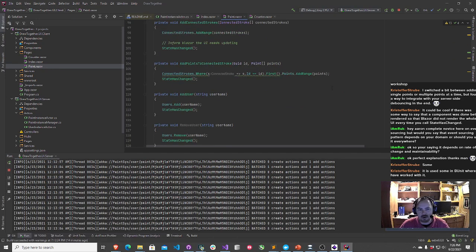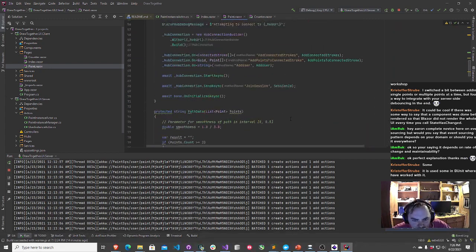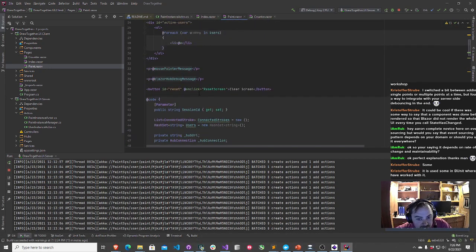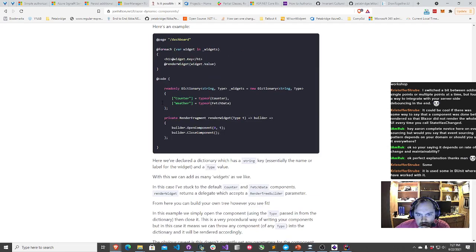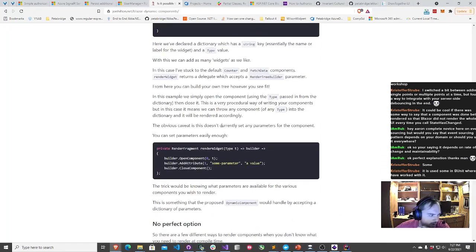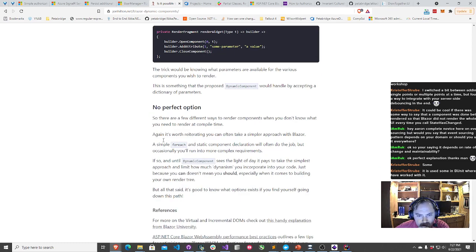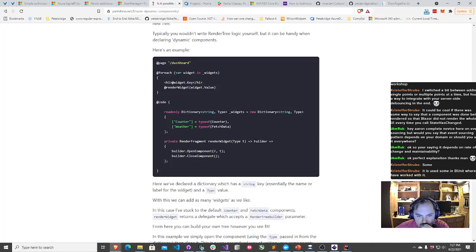So if there's some way we can make it so we're dynamically adding new points to this canvas and possibly modifying them, but not necessarily iterating over them again and again. I think part of the problem is calling that set data method, causing it to re-render everything, which is slowing it down after a little while. So we can mess with the render tree. That I'm totally up for doing. Render fragment, render widget type builder.